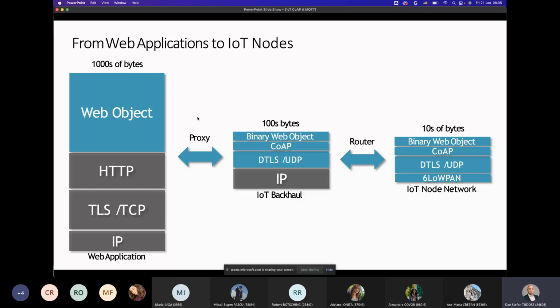So what you usually do is you actually proxy this information, and you get rid of a lot of the, let's say, overhead that these messages have, to actually transfer it in a packet size of hundreds of bytes. So you have a binary web object. You actually compress the data here, because the object itself is, let's say, plain text, or it could be a markup language specified object. And you can actually store it more optimally in binary encoding.